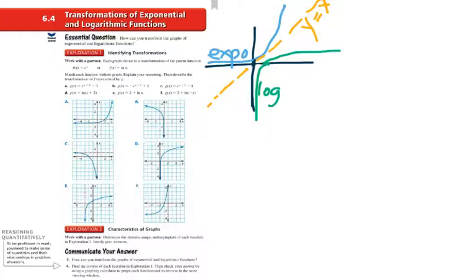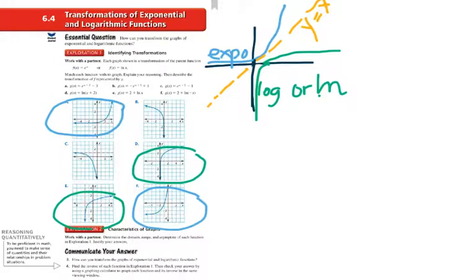Now, first thing to remember, exponential graphs and logarithmic graphs are inverses, so they're reflections across y equals x. As you can see, I have the exponential shapes in light blue. You can immediately tell that a and f are exponentials. Same thing with the log functions. The parent function always looks like that, so you can match d and e. Now the other ones are reflections, and you should be able to also tell those too, but for right now,